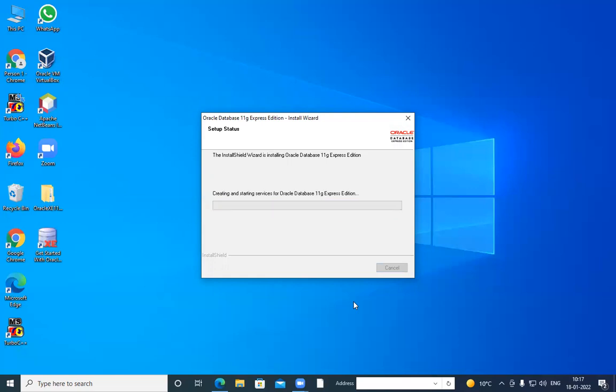Now it is creating and starting the services. I told you these services are required for working with Oracle Database 11G Express Edition. And now the database is being configured. It will take a minute or so. And then we can see that the installation has finished successfully. This message would be there on the screen after this.